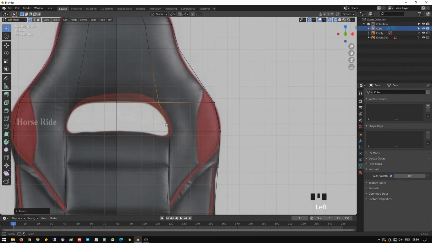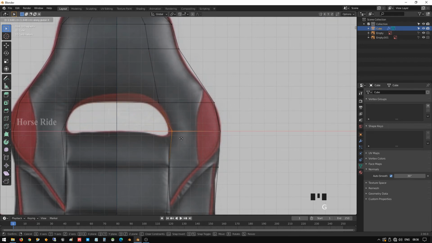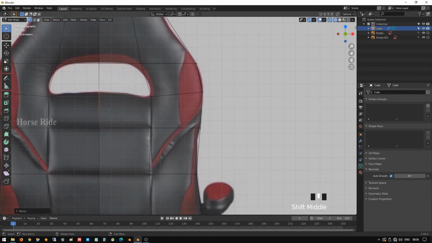Okay, let it be here, it will be nice, GX, and we are going to move this one down. Select these two, it is GZ, and select this one GX, and we are going to move this one a little bit to the top because it's coming a little bit out, and top it, right?